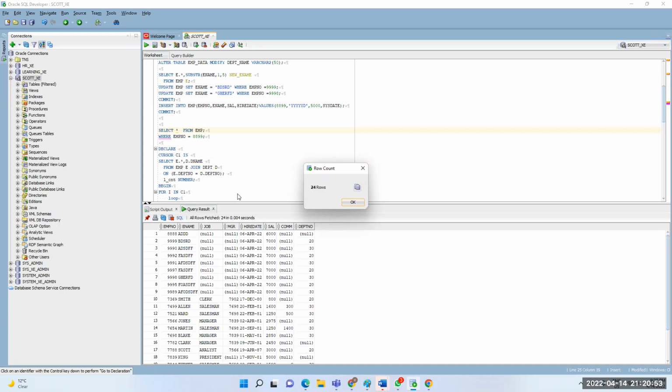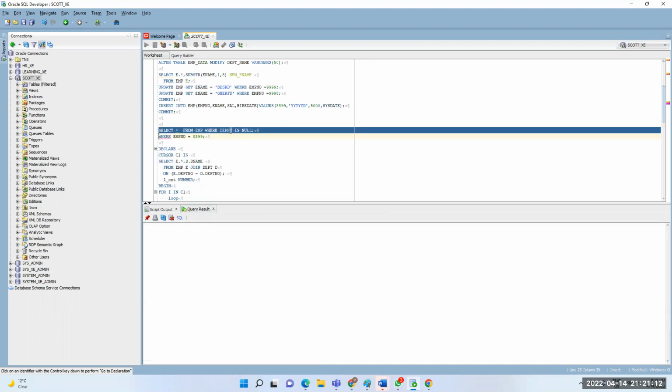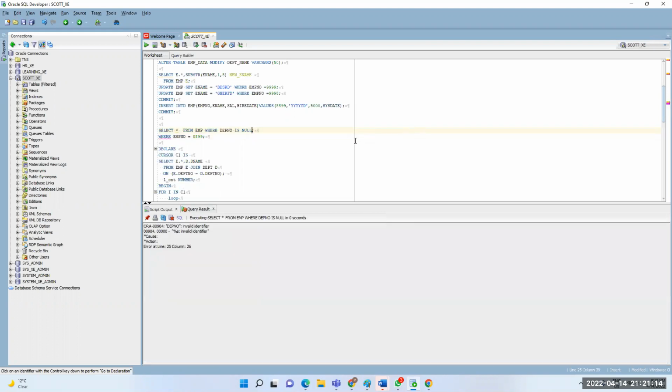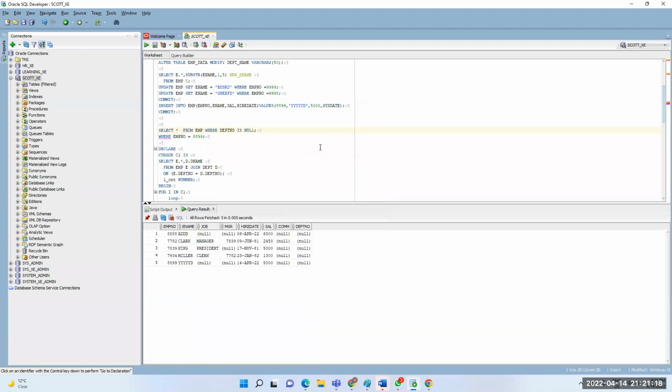There is no department for them, and that's the reason we did not insert the records. We'll update the department number here, where DPT number is null. These are the records that don't have a department number.